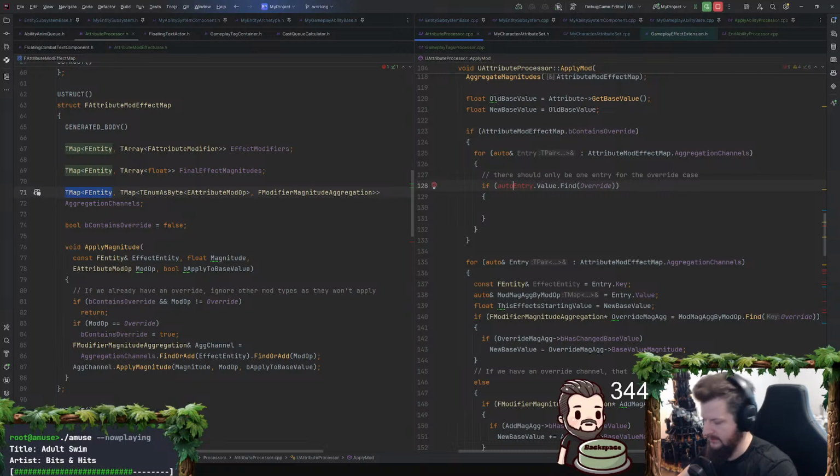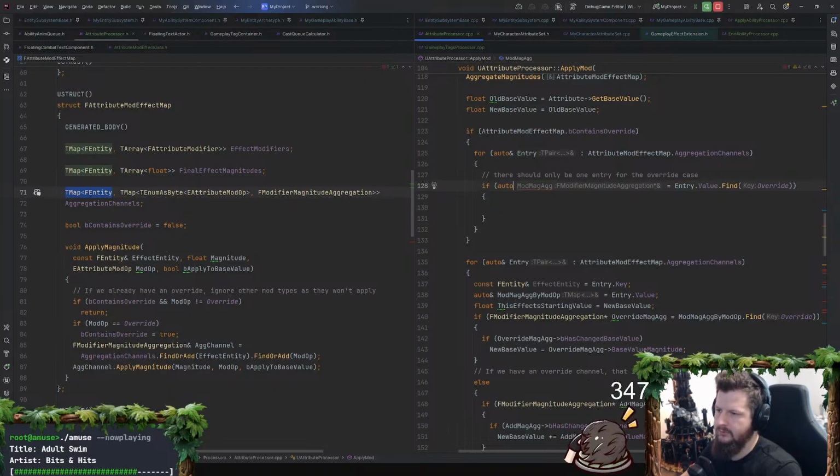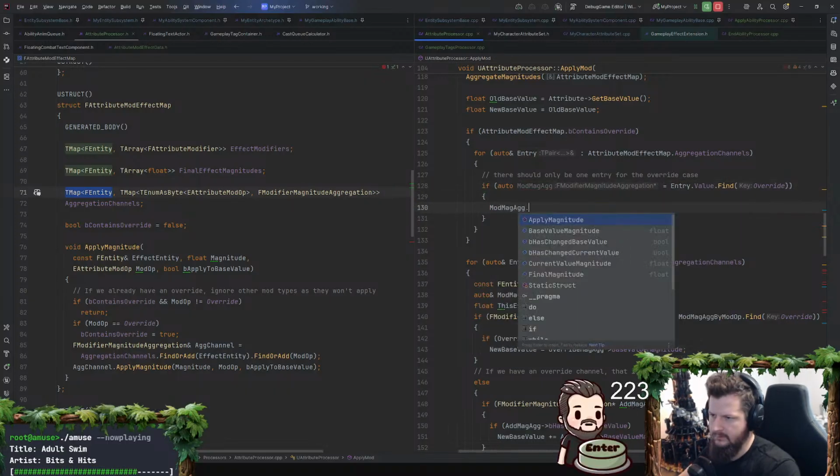So this is auto-ref odd-mag ag, which is a pointer. And override, I guess override could apply to base and current. I feel like override should only apply to current, right?